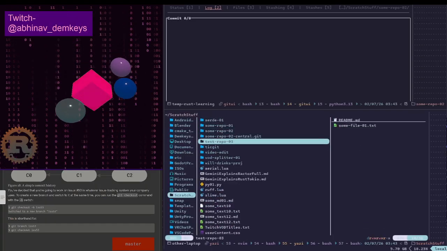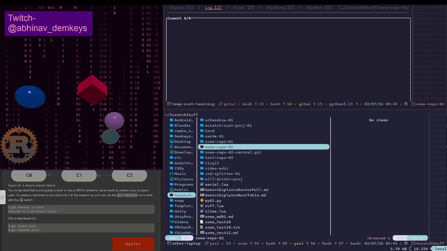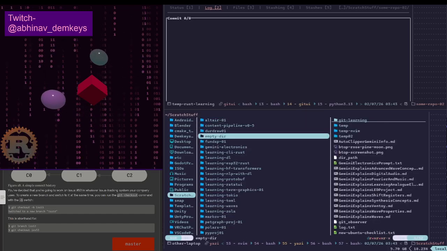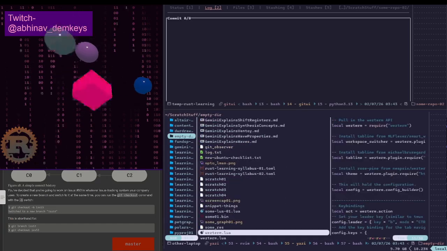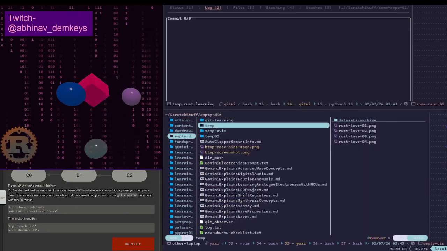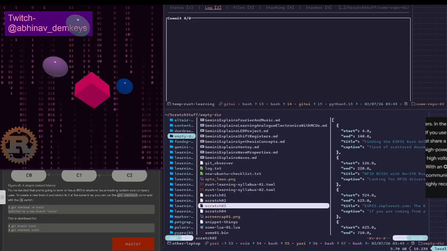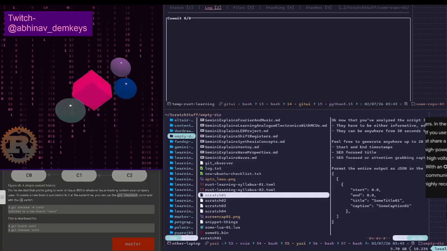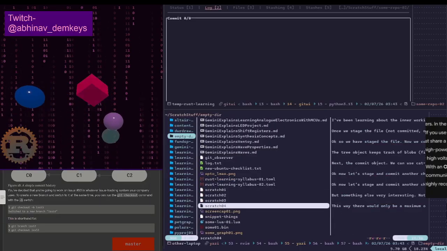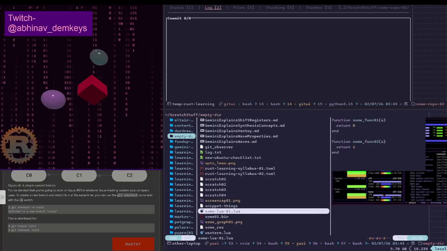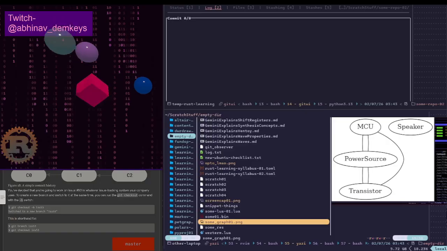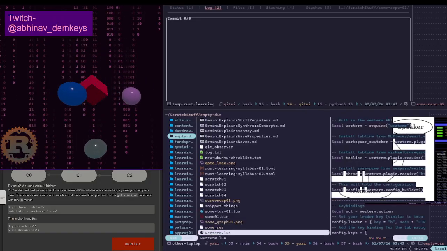Here, empty directory, I guess. It wasn't Gemini, so I don't think I wrote Gemini there, but it could be in one of these scratch things. No, no. Yeah.